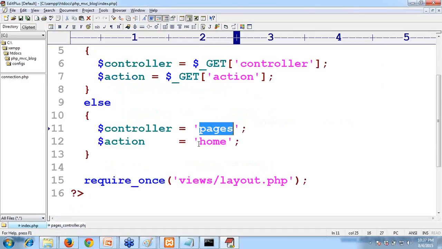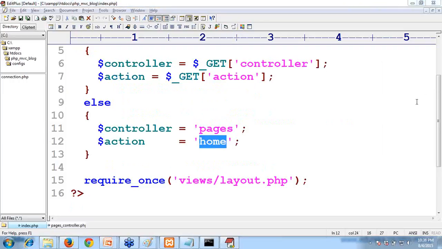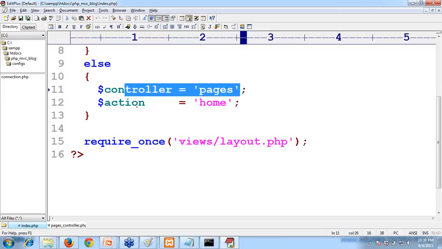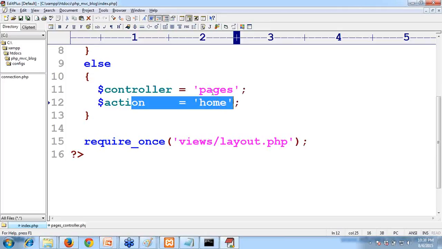You see, controller name is pages, action is home. So in short time, Dilip, that we'll study. We will configure it in our system itself. You can go to that Windows 7 system directory. There is a file called hosts. That file we can change. So I know that. No worries. I'll tell you that. Hope you are also aware of that, Dilip. Is it? Yeah. I'll come back to you.